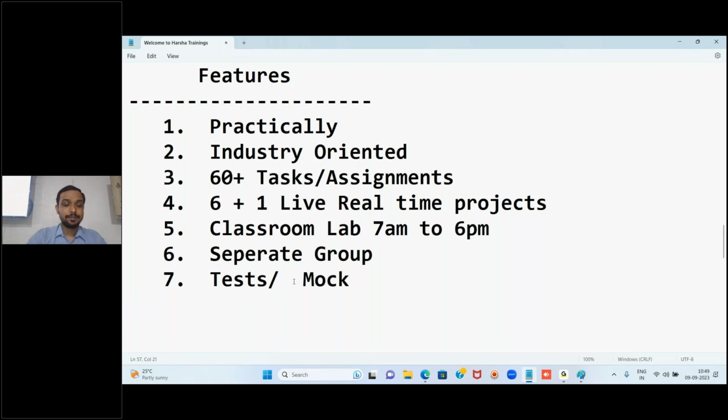Throughout your course, I will be doing mock interviews as well. Both tests and mock interviews I will be conducting, so that you will come to know where you stand. Yes or no? I will also come to know where you stand.